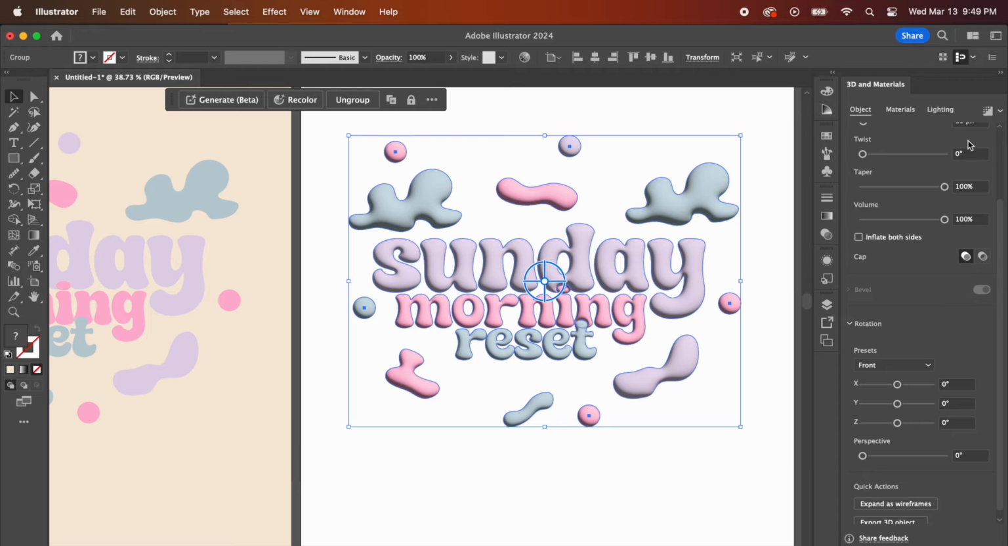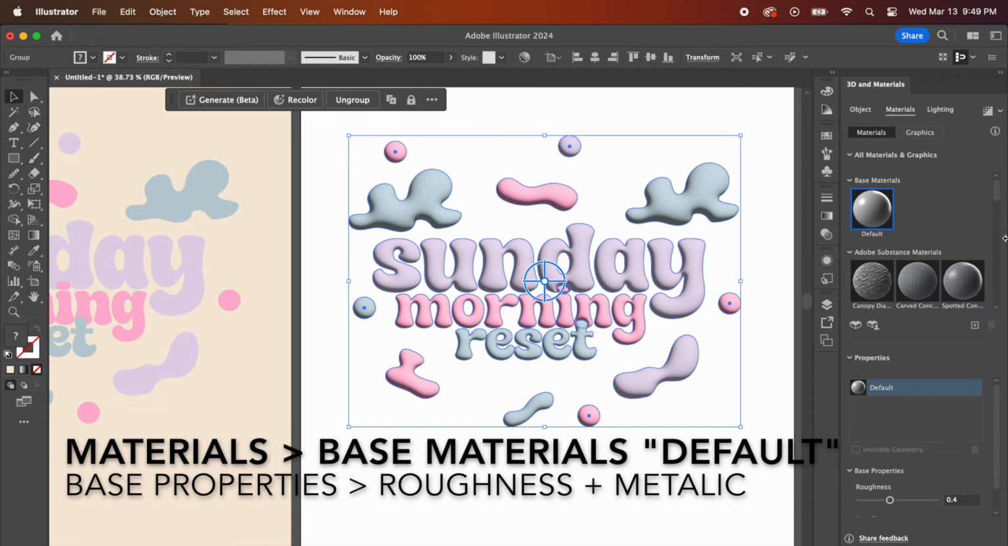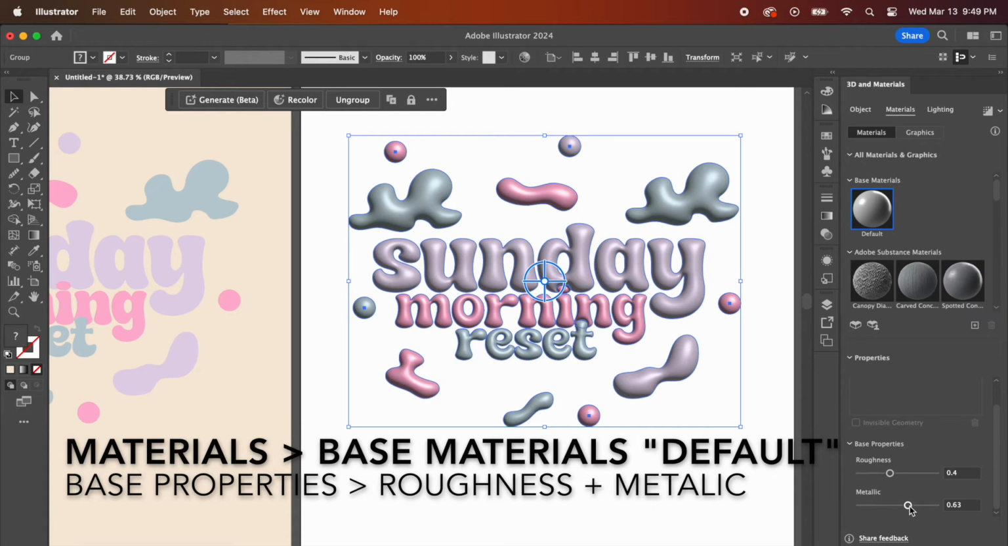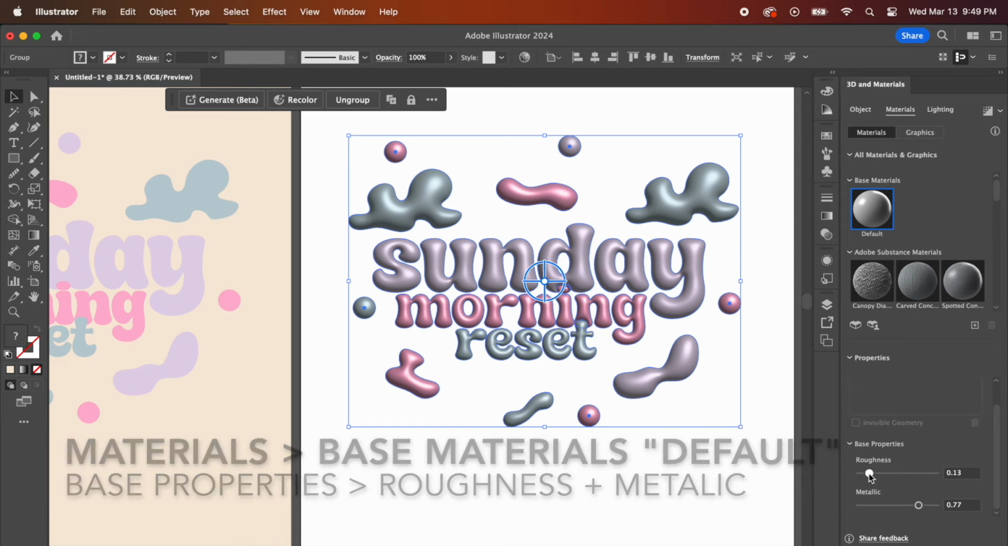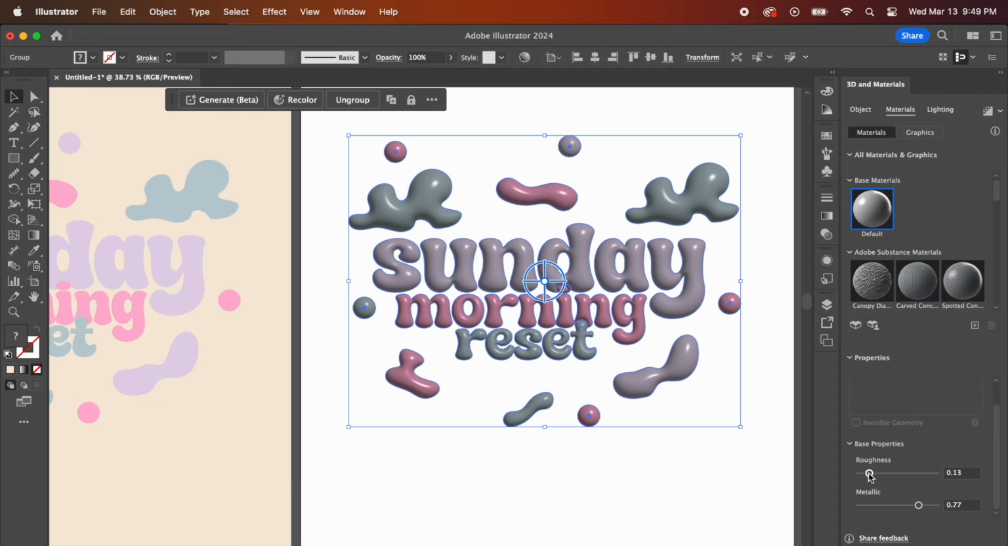Once you've done that, then you're going to click on materials and make sure that the default effect is selected. Then you're going to scroll down to where it says base properties. And here is where you can adjust the roughness and the metallic effect. So basically, if you want it to be more on the glossy side, then you're going to decrease the roughness to 0 or a lower setting, and then increase the setting for the metallic effect up so that way it